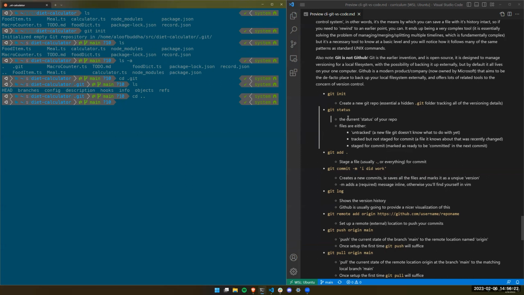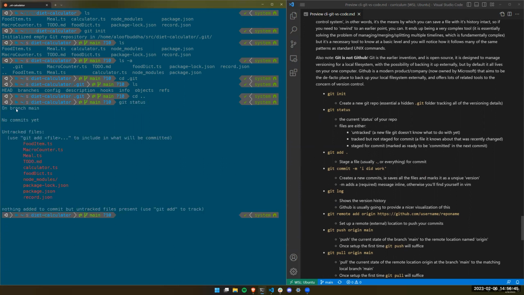So git status is going to be the command you are constantly running. I think it's good advice in the beginning that every time you run another command, right after it, run git status and read what it says, because that's the only way you really learn the ideas that Git uses to understand what it's talking about. So I'm going to type git status and I'll read it. Okay, it's telling me I'm on branch main, no commits yet. We'll get into the commits in a second. And then it's saying untracked files. So I have these 10 files and they're untracked, meaning that as far as Git's concerned, it doesn't even know what this file is. It's not paying attention to it.